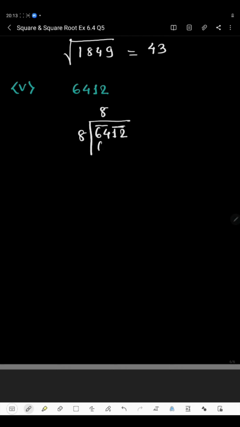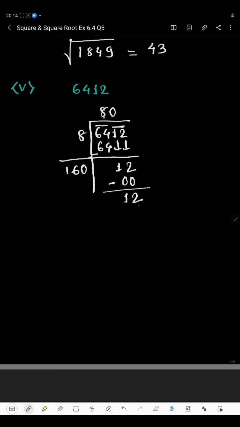So here we have got 64. Now 4 minus 4 is 0, 6 minus 6 is 0. So we have got 12 and 12 will come down. Now 8 plus 8 is 16. Right? Now what should be taken here? Now if I take 1 also, then also it will be more than this. So what we have to take here, instead of 1, we will have to take 0. So 160 zeros are 0 here. So that means we'll get 12 as remainder.